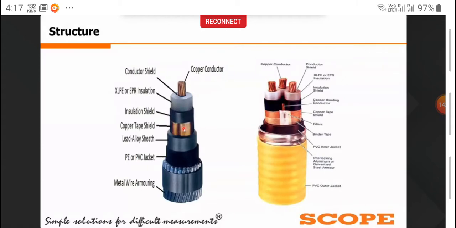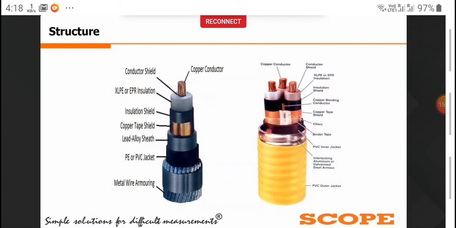Okay. After that, in cable construction, filler materials are used, as you can see in the second picture. The filler materials are used to fill the hollow spaces in the cable, and also to maintain the uniform shape of the cable. Okay. After that, the inner PVC sheath or PVC inner jacket is used in the cable. This layer is used to keep all the bundle together, and also provide bedding for the cable armor. Okay.